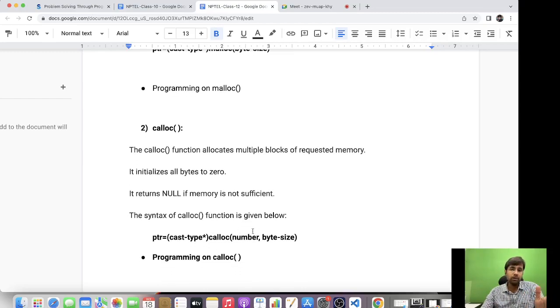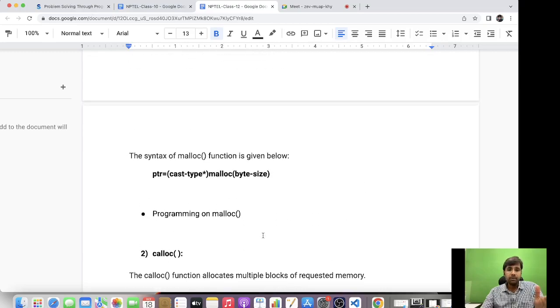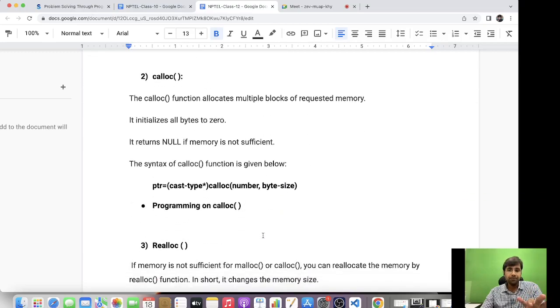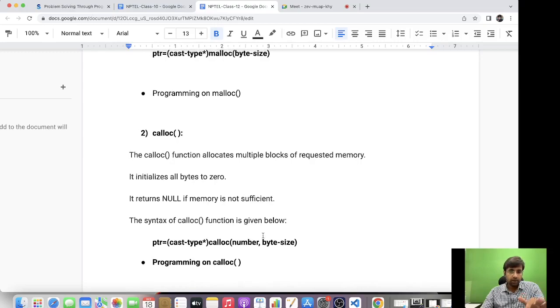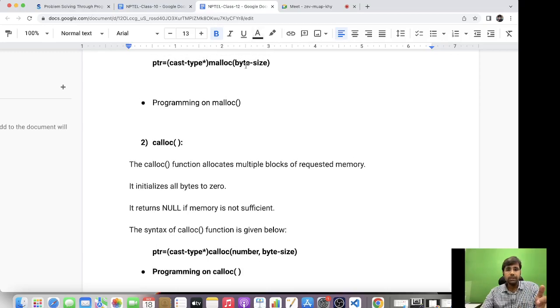So instead of malloc, you are trying to allocate the memory using calloc, but we have to give the byte size and the number as well. With malloc, we only need to give the byte size. So let's see the program